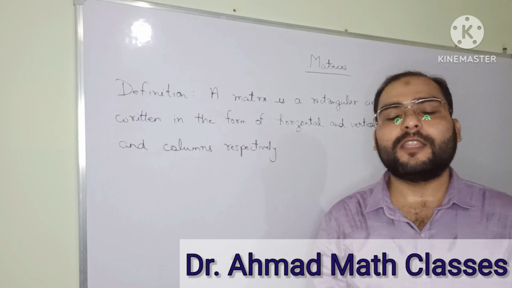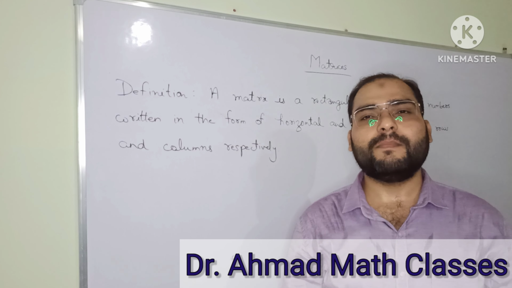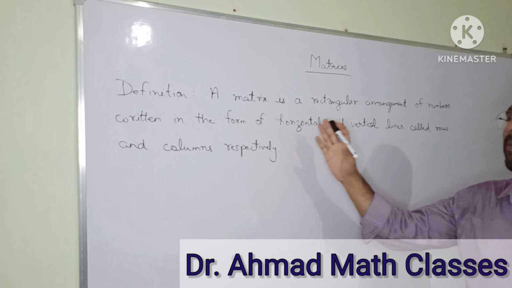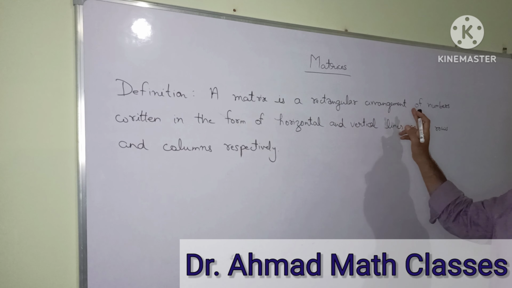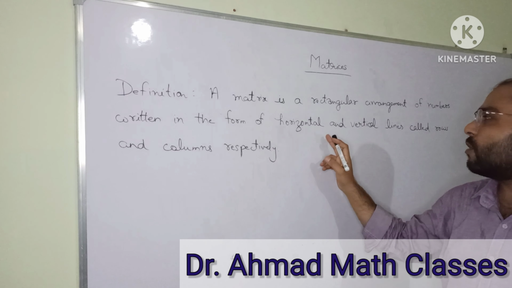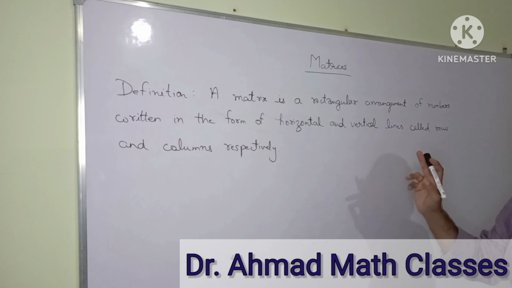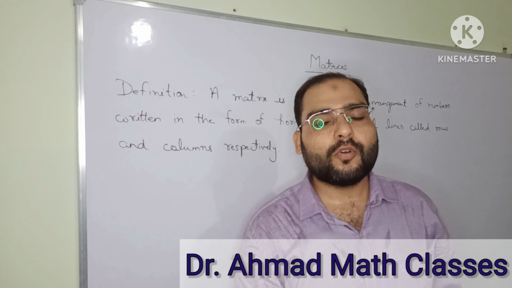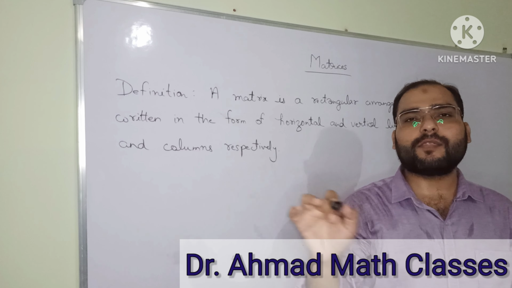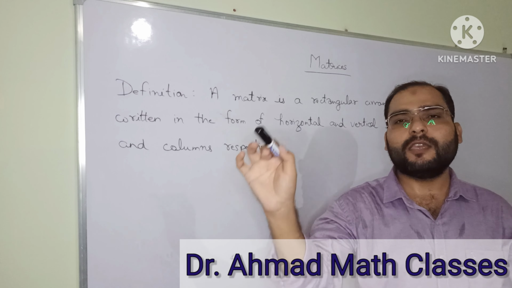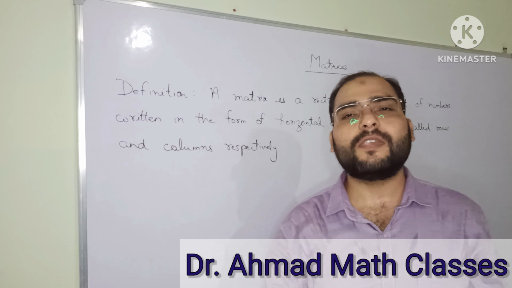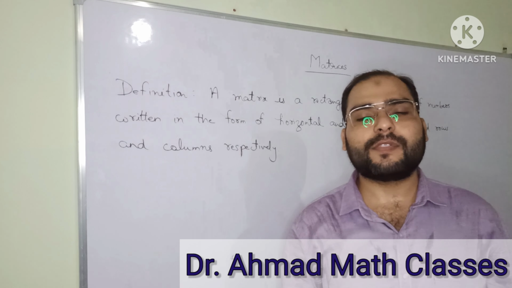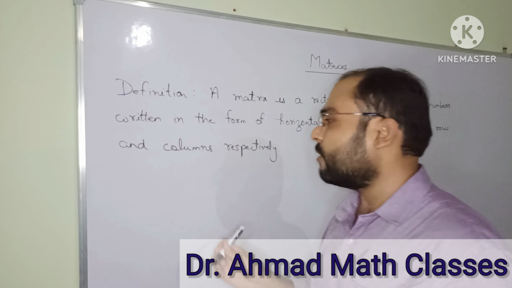ये टॉपिक मैं क्लास 10th ICSE स्टूडेंट्स के लिए बेसिकली बना रहा हूँ। और जैसा कि आप सब देख सकते हैं, ये बोर्ड पे मेंशन है, A matrix is a rectangular arrangement of numbers written in the form of horizontal and vertical lines called rows and columns respectively. सपोज हमारे पास कुछ नंबर्स हैं, तो अगर हम उनको हॉरिजॉन्टल लाइंस और वर्टिकल लाइंस के फॉर्म में स्क्वायर ब्रैकेट्स में मेंशन कर दें तो उसी अरेंजमेंट को हम क्या बोलते हैं? मैट्रिक्स। मैट्रिक्स इज अ सिंगुलर वर्ड एंड मैट्रिसेस इज द प्लूरल ऑफ मैट्रिक्स।